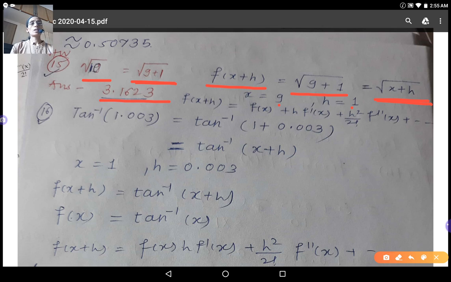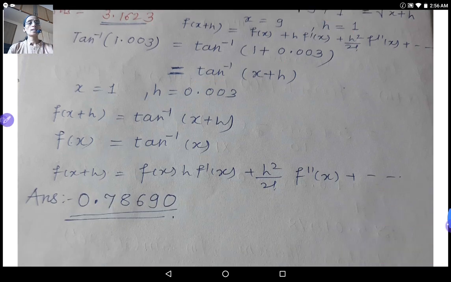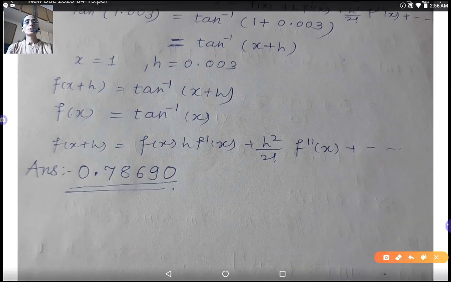Next example: tan inverse of 1.003, whose value you want to find. Again this will be written as tan inverse of 1 plus 0.003, meaning tan inverse of x plus h. Naturally again f x will be tan inverse x. Again you will take the derivatives and all. Just simplify and solve, and you will get the answer